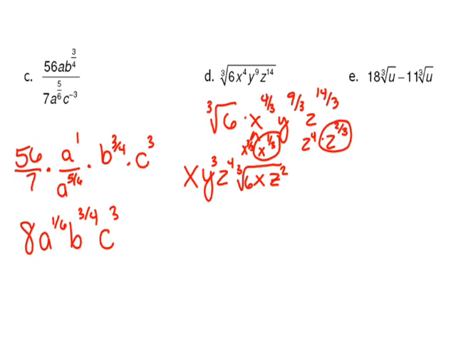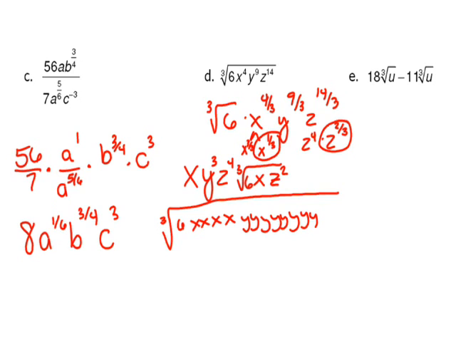That was a little more complicated. So another way to think about it is to think about it like this. So underneath my big long cube root radical, I have 6, and I have 4 x's, 1, 2, 3, 4, and I have 9 y's, 1, 2, 3, 4, 5, 6, 7, 8, 9, and I have, oh my god, 14 z's. Are you really going to make me do this? Z dot dot dot dot z. All right, so